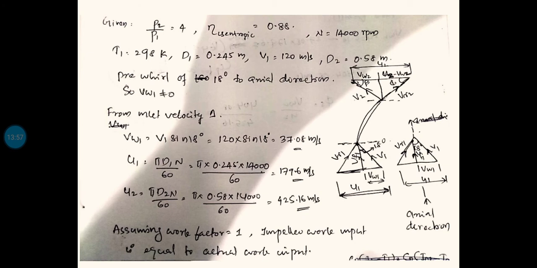On the other side also, instead of Cp (T02 minus T01), you have to write m dot into Cp (T02 minus T01), or m dot into Cp (T2 minus T1). That is the only difference. Here we are talking about the work done per unit mass, or work done per kilogram.